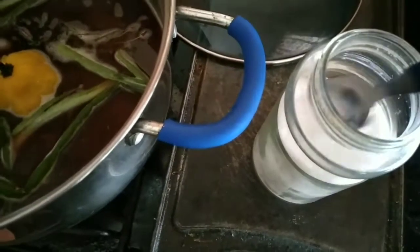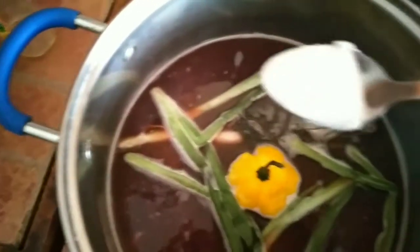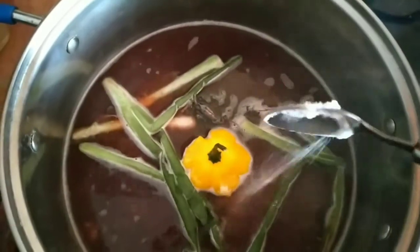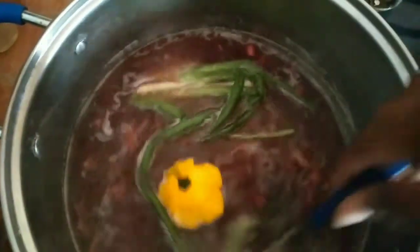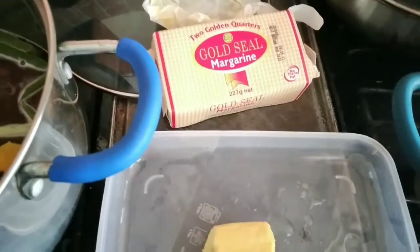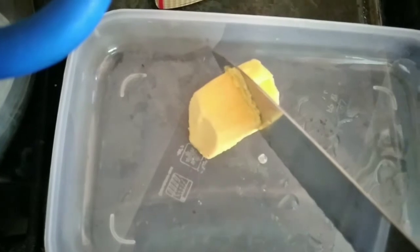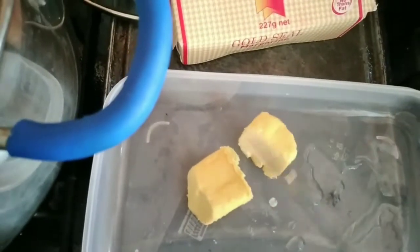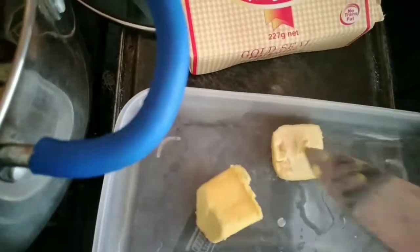And we're going to add a little salt. This should be a teaspoon, but add the salt and you just stir it around. It depends on how salty you want your food, how much flavor you want. Some persons don't like a lot of salt. You could add another spoon if you like. Then I'll just add a little margarine. This looks like a tablespoon. Who knows? And I'll just add that butter